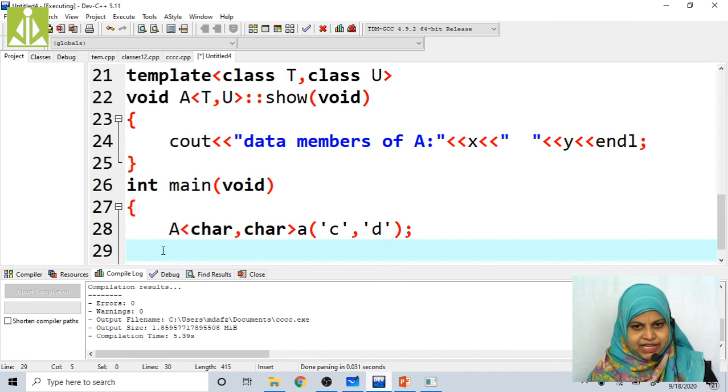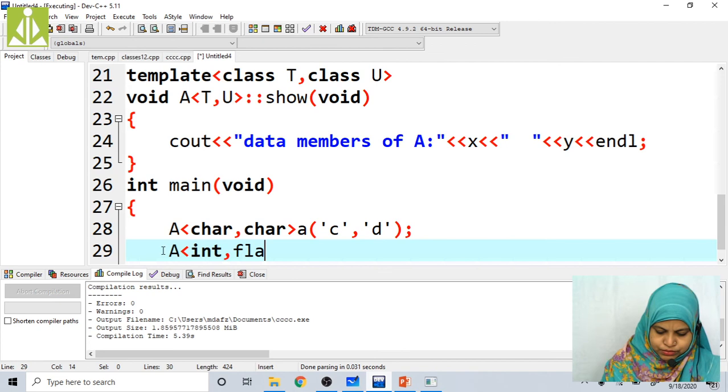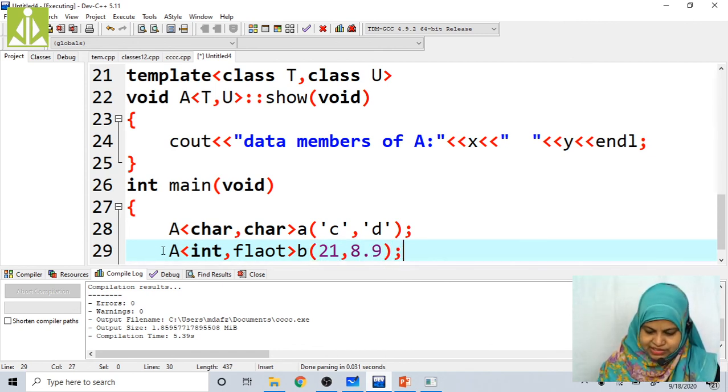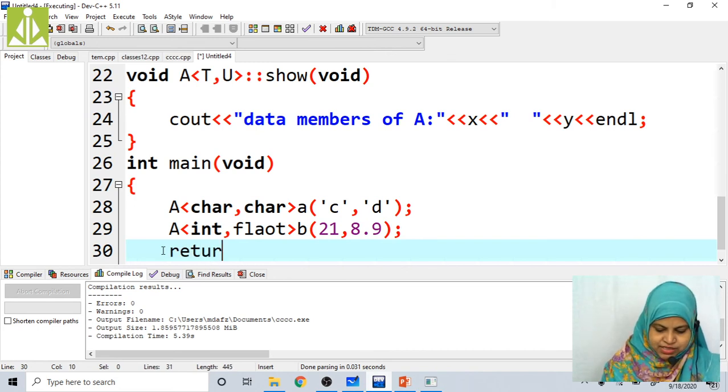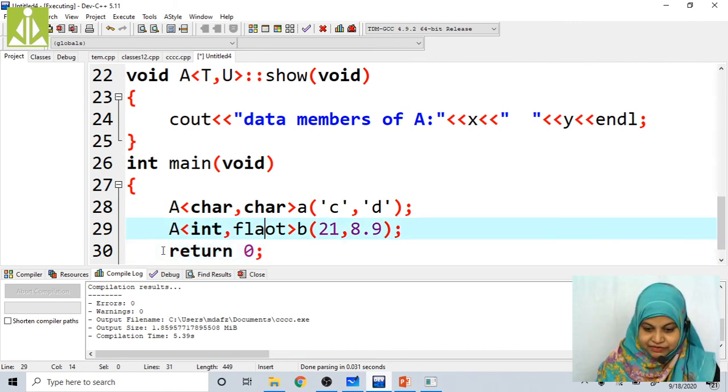Again here I am going to pass an integer value and a float value. Here for b, the integer value is 21, the floating point value is 8.9, and put the semicolon, then return 0.